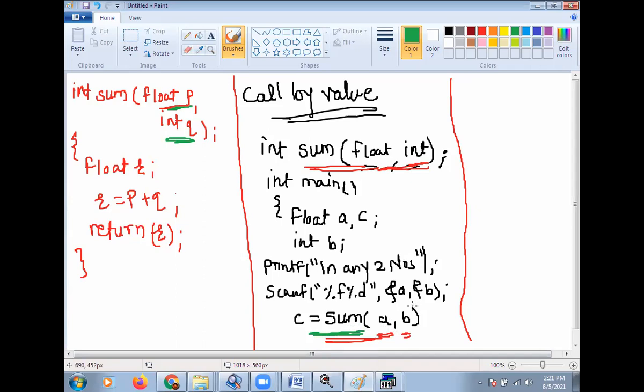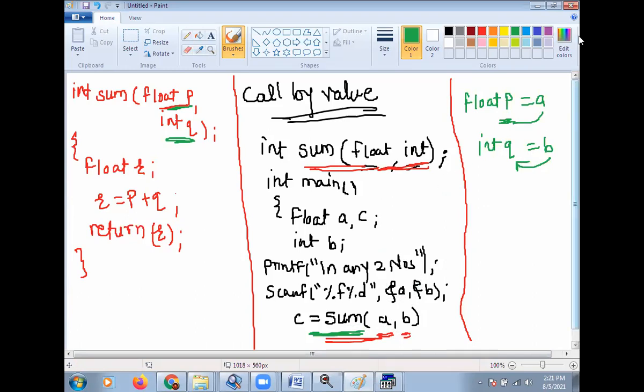So the value of a is stored in p, and the value of b is stored in q. Whatever value is entered in main for a and b is stored in p and q in the function definition.